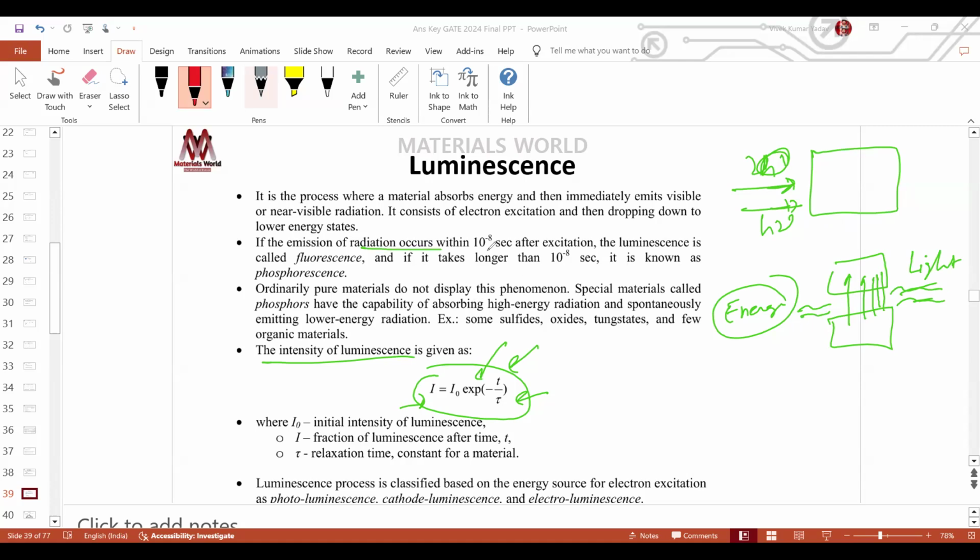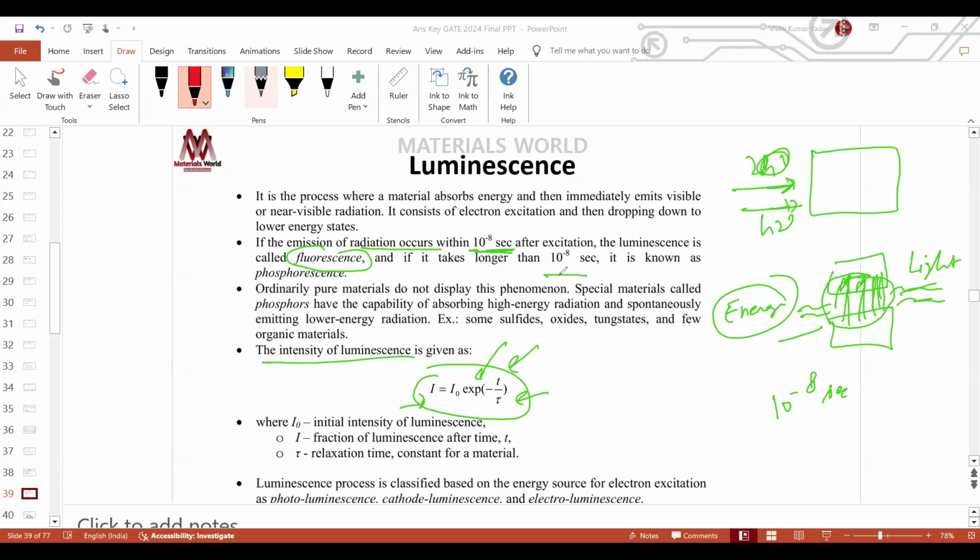If the emission radiation occurs within 10 to the minus 8 second of excitation, like you excited the electron to the higher energy state, and after excitation it takes less than 10 to the minus 8 seconds, very quickly, the moment you apply light you start seeing light coming out of the material, we call it fluorescence. The moment you put the light on, you start getting light coming out from the material, it glows immediately. That means it is showing luminescence. But if you excite it and it takes more time, more than 10 to the minus 8 second,